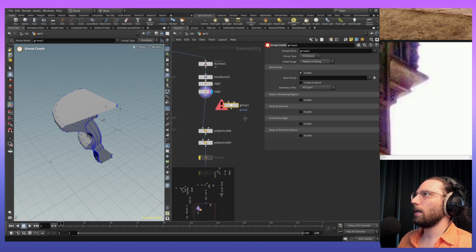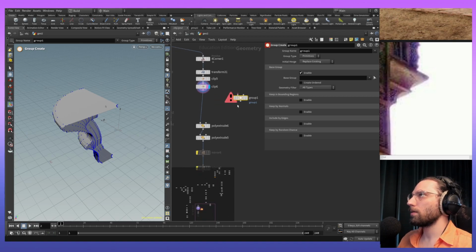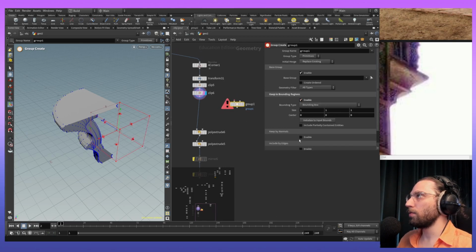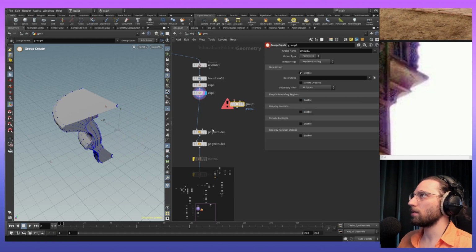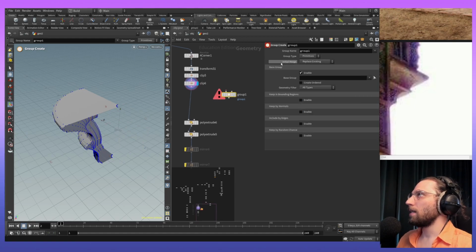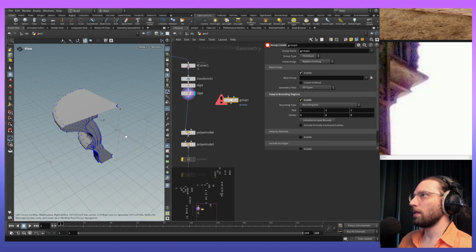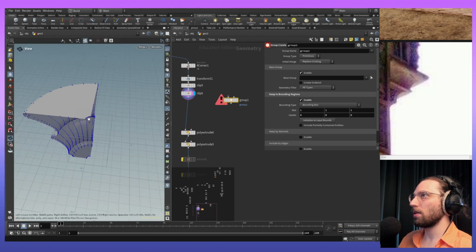So yeah, we've learned now that group works a bit differently. They have rules, and for our solution right now, you can't enable 2 values here and expect it to work as it's supposed to, because there are different ways to merge them together. So there's values where they could... we will see it together now. For example, if we enable the keep in bounding regions, which is something we want, we will see that we have that box that